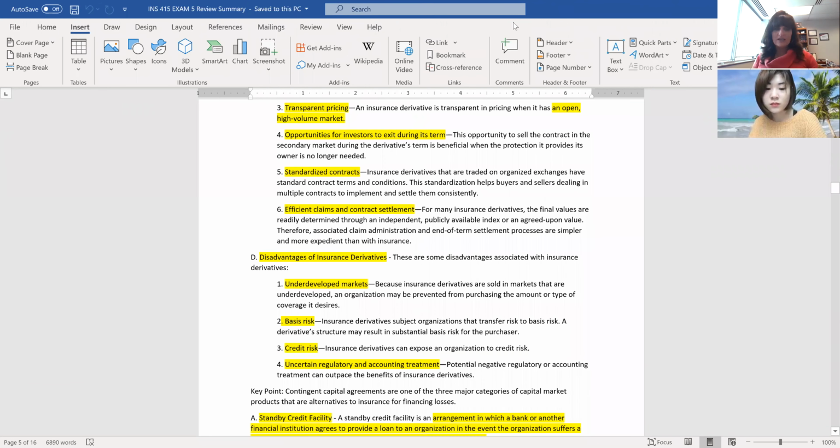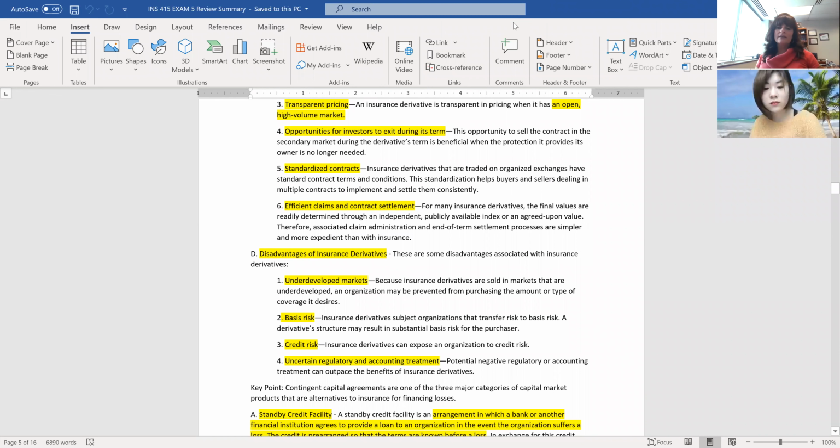The disadvantages are that there are still underdeveloped markets there. It's not as widespread as we would like it to be. There still is basis risk, which means what if I don't have enough to cover my overall losses, which exists anyway. There is some credit risk because it's not fully collateralized. So if the investor does not come through and pay all of it out, then you have that potential. It's probably low credit risk, but it is there. And because these are unique and new, there is a lot of negative publicity surrounding these and how they are treated by regulatory agencies.